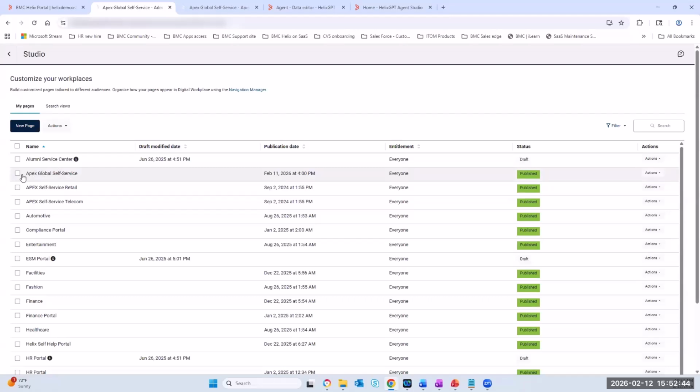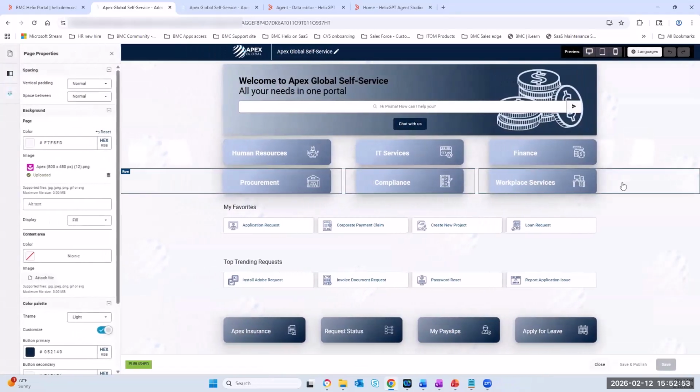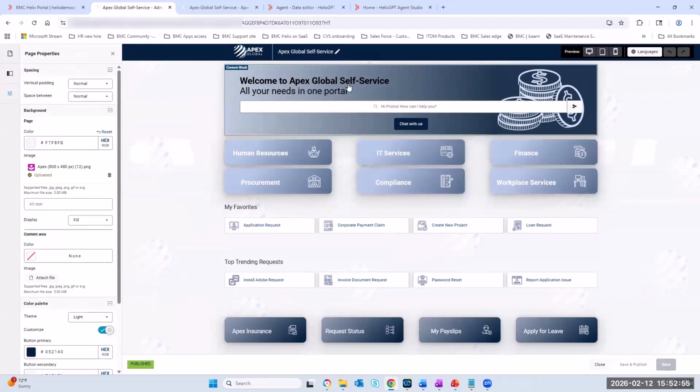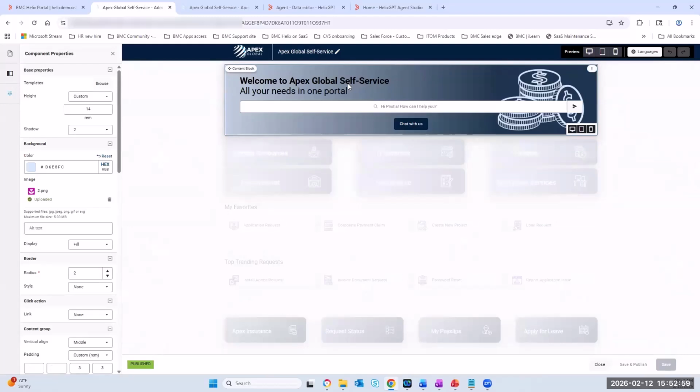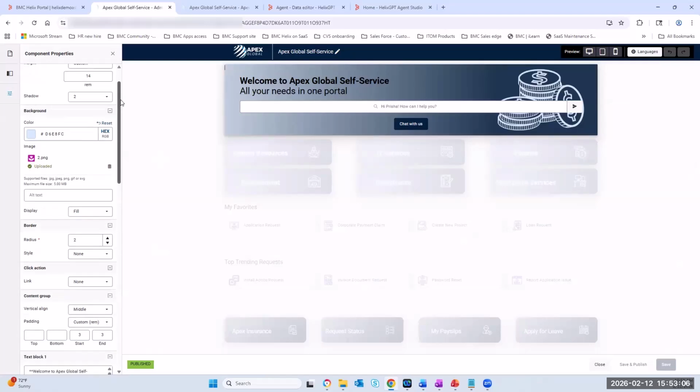And once you select it, on the right side from Actions, you can click on Edit. From this window, in my case, I'm going to select the Welcome to Apex Global Self-Service field. And the component's properties are going to be displayed on the left. Scroll down,